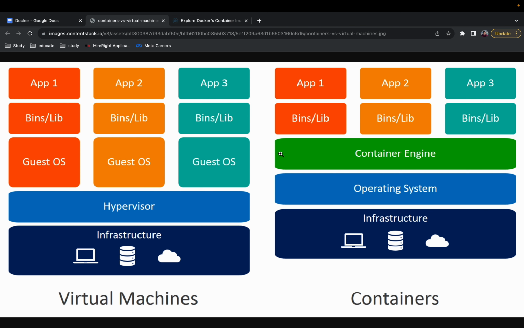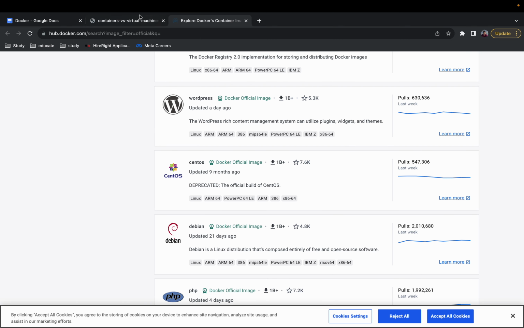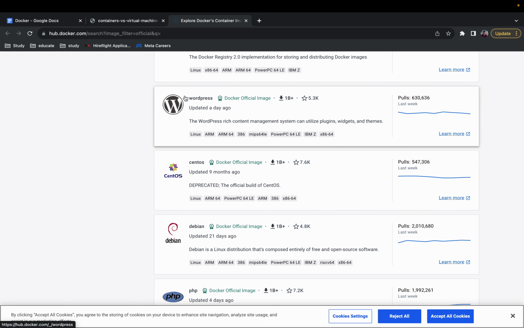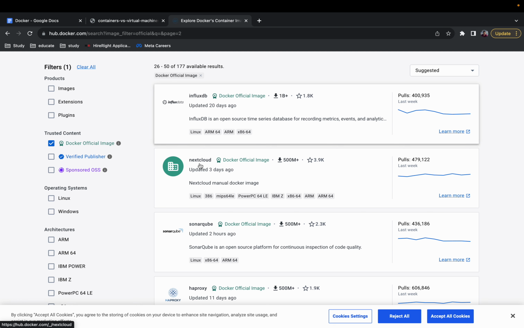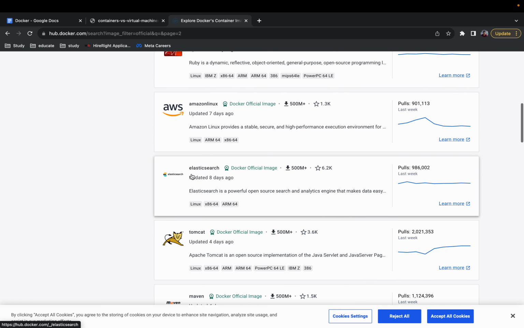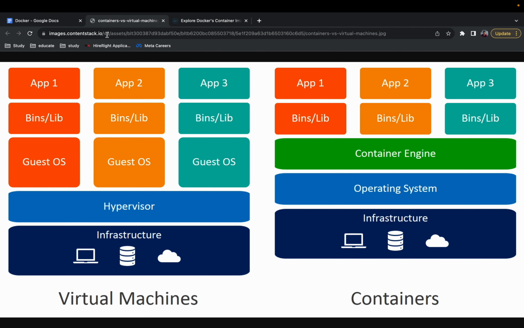As long as you have this container engine, you are able to run any of the applications that are listed here. All of these are just applications. Like here, watch. App 1, App 2, App 3. Any of those could be these WordPress, PHP, Consul, whatever you're looking for, right? SonarQube, Ruby, Elasticsearch, Tomcat, any piece of software, you can package it up and put it on top of your container engine